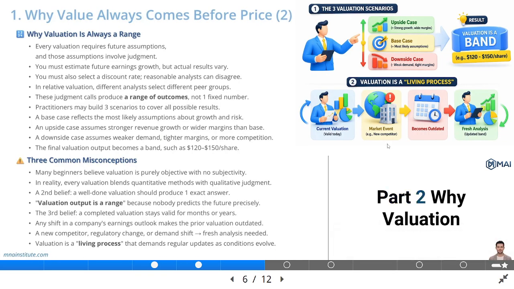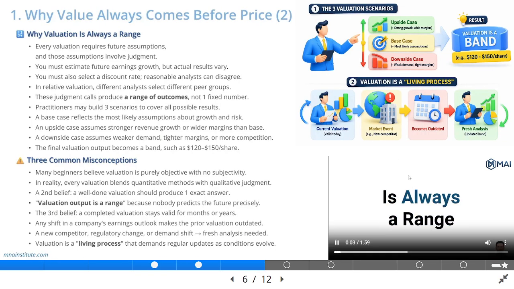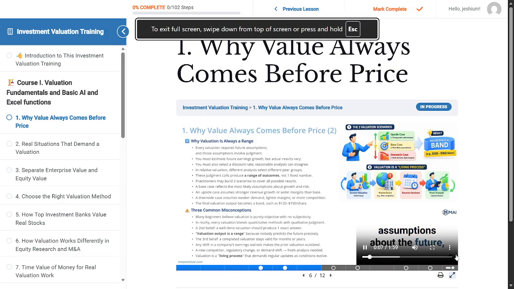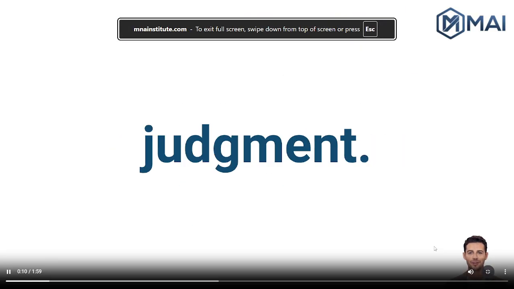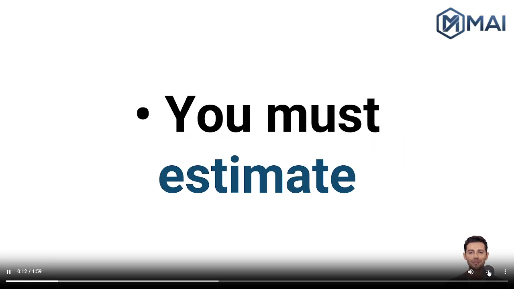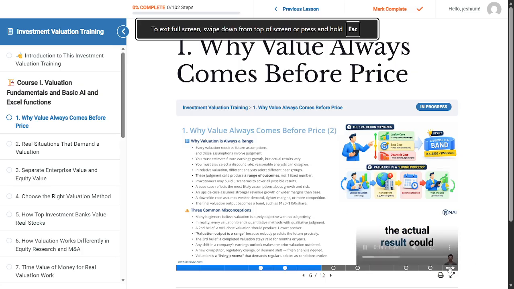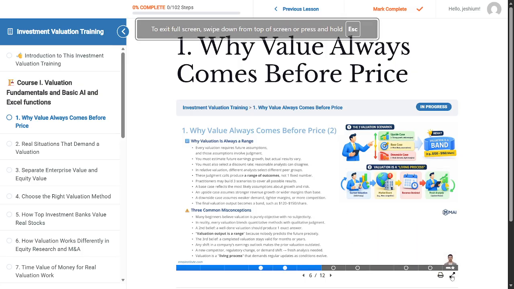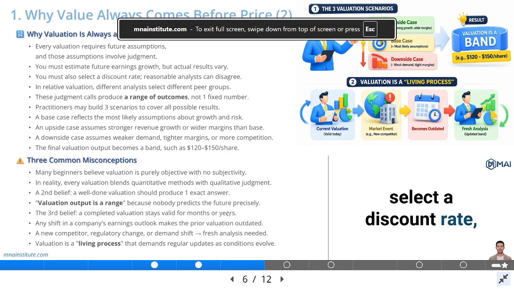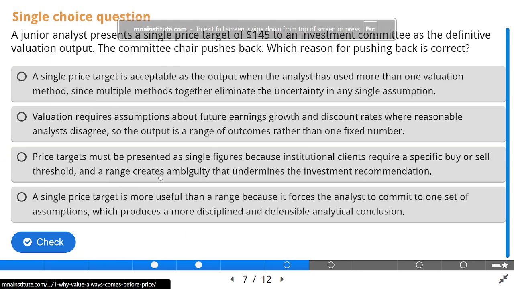Part 2. Why valuation is always a range. Every valuation requires assumptions about the future, and those assumptions involve judgment. You must estimate future earnings growth, but the actual result could be higher or lower. You must also select a discount rate, and reasonable analysts can